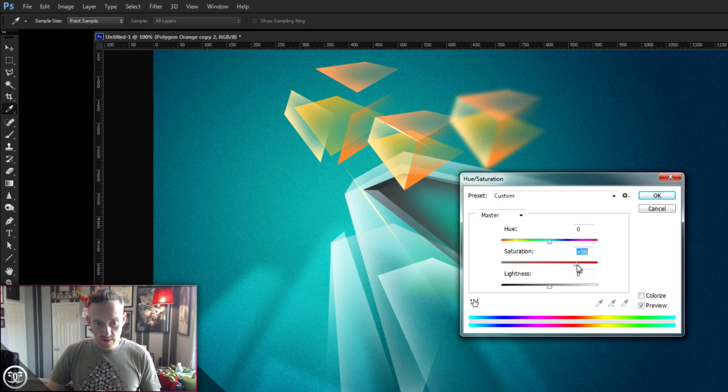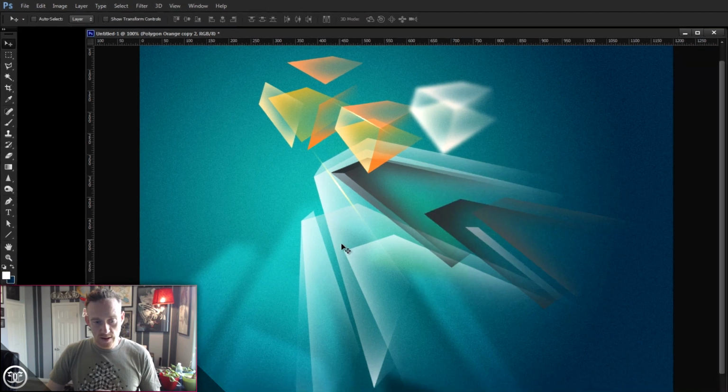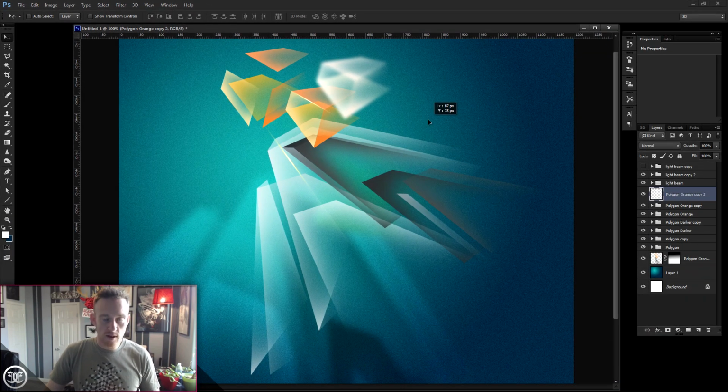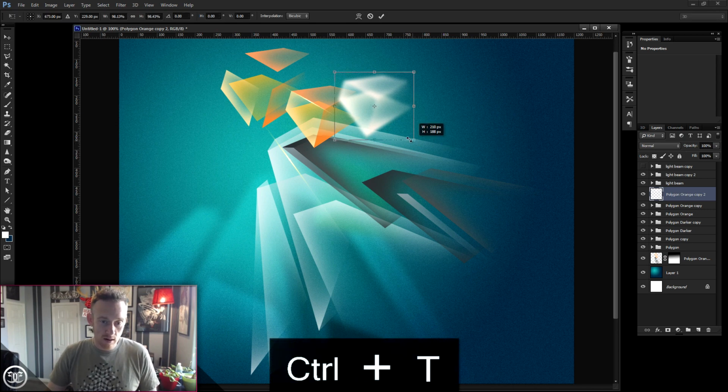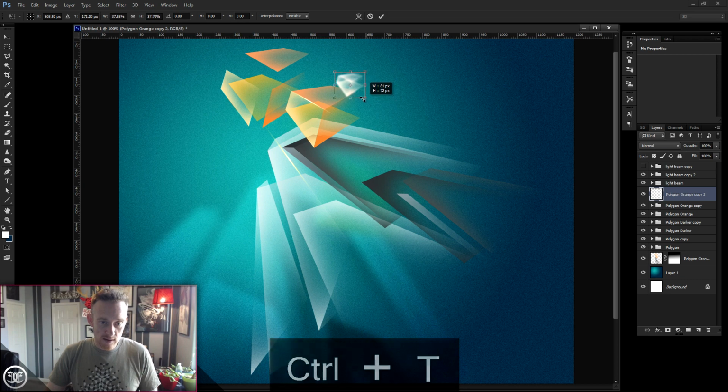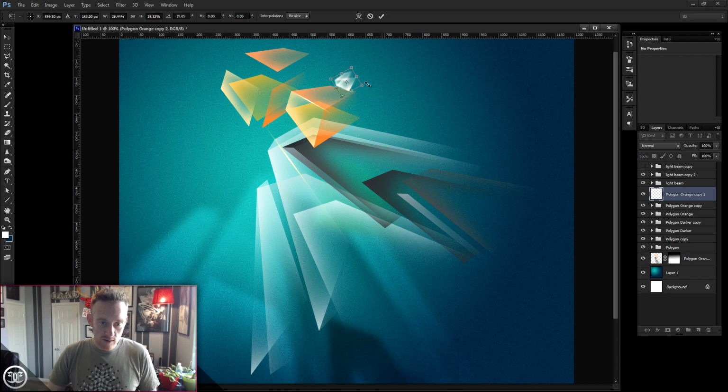So let's start bumping the saturation up a little bit more, but let's really bump the lightness up, and we're going to get it pretty much white. Okay, so now we've essentially made a white blurred version of one of our polygon groups. Now let's Control T, and we're going to use this as almost like a flare, a lens flare or something. We're going to size it down, and you can rotate it and then overlap it and use this as a highlight element